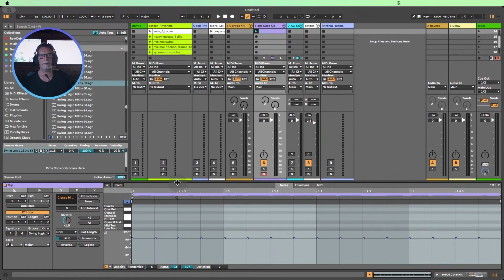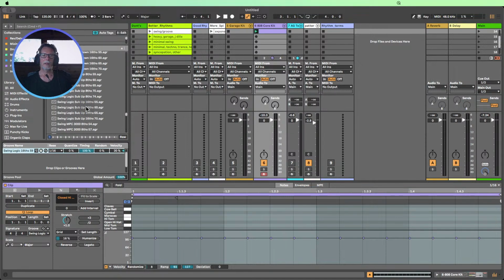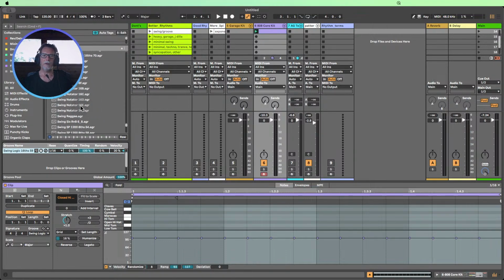So I have remembered to say, why Ableton calls this the groove pool and not the swing pool is because if we look kind of carefully, this swing logic 16th 59, it doesn't only change the timing. So if we look along the groove when we drop it in here, we can actually, again, in real time, mess around with it and really change it. But what is key is at the end here, the very, very end, it's not only going to adjust the timing and swinging it, it's also adding velocity. And some of these grooves, let's start referring to it as that, even though it's got swing in the name,